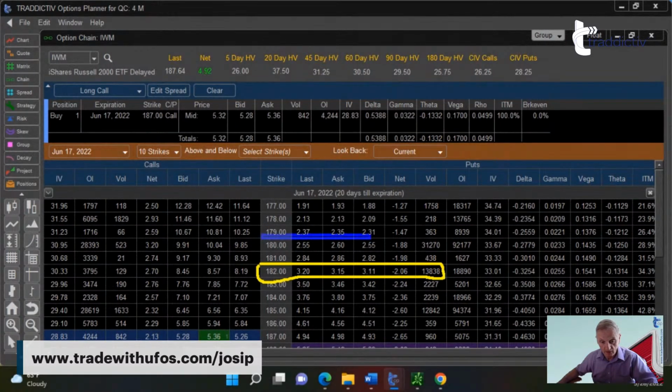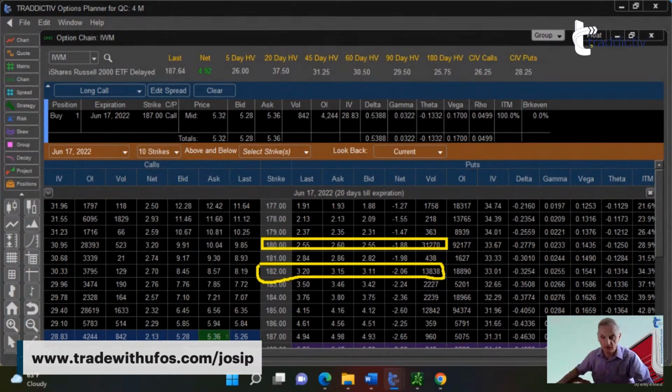Yep, at the round number of the 180. Okay, $31,270. Now, why would institutions have those puts open if the market is going up? Because they know something. They know something. Okay,